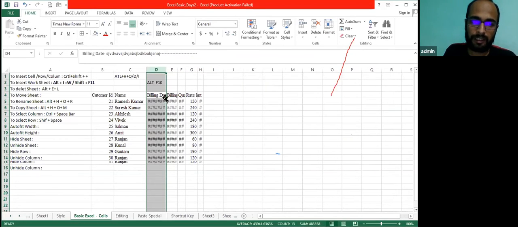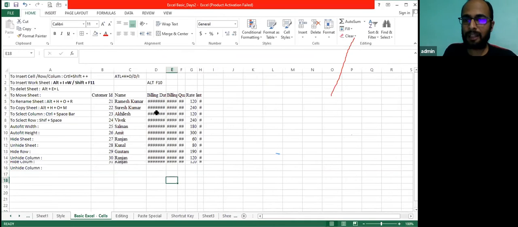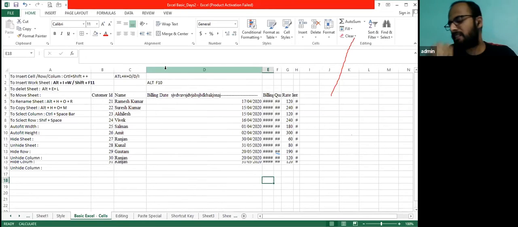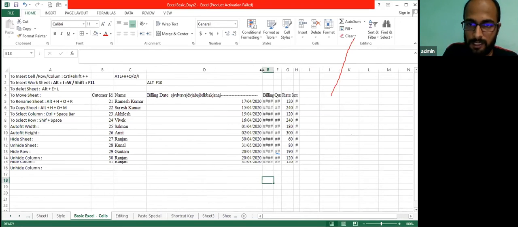Then I am showing you the shortest way. But this shortest way will not apply on any particular cell. Please remember, this shortest way will apply on the entire column. So how will it work? We just need to click here. See, I am moving my cursor to the end of that particular column address. When you see this kind of icon, you just need to double click there.